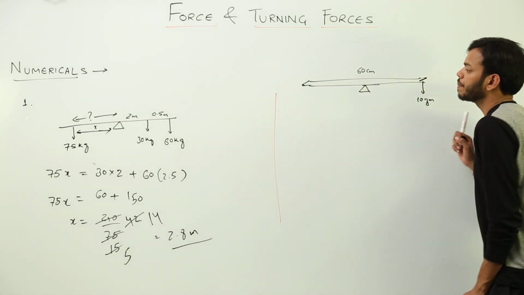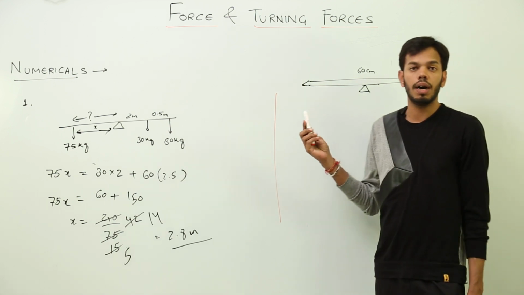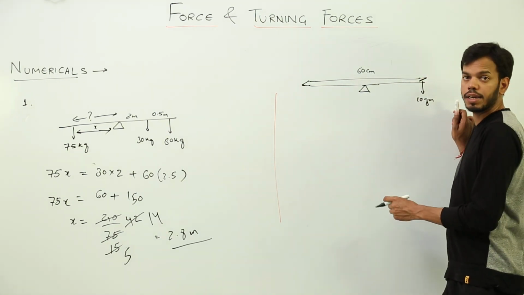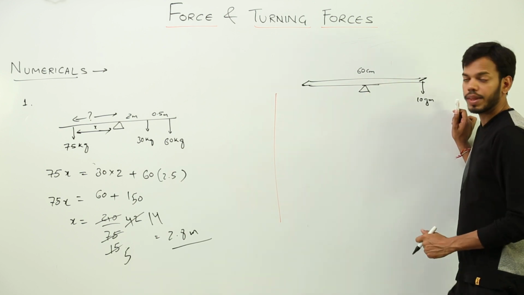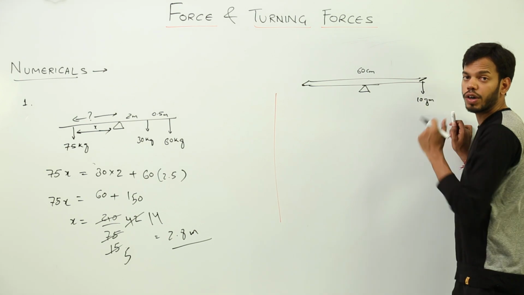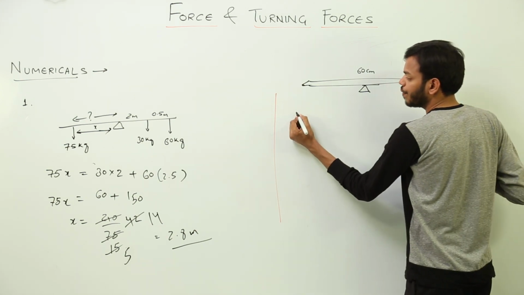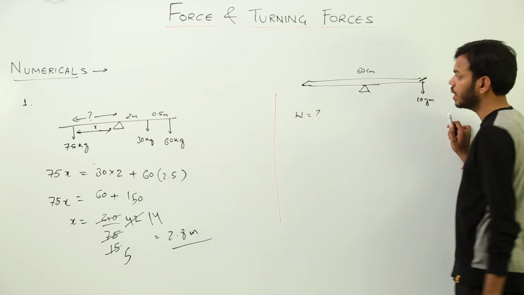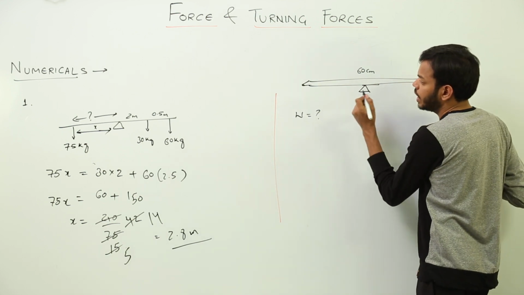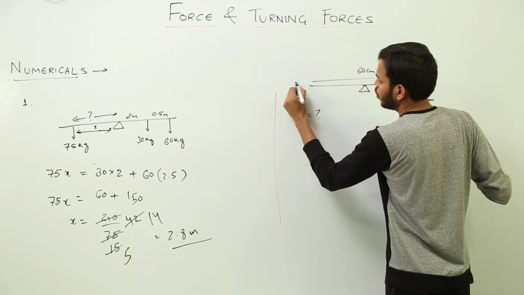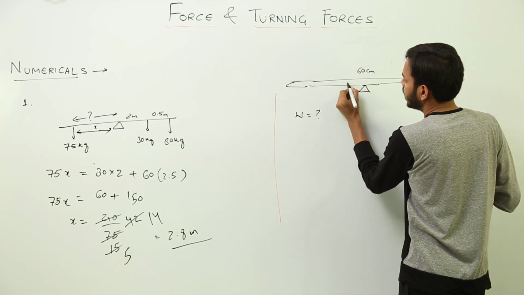In this case, we have been given a meter scale which is balanced at the mark of 60 centimeters by a weight of 10 grams suspended from one of its ends. The question is, what is the weight of the meter scale? Alright. Now, whatever the weight of the meter scale,